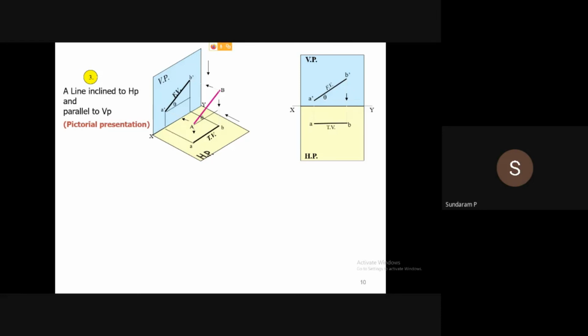This construction line is called a reference line. You need to show the difference between the object line and the reference construction lines, so you need to use a different color or increase the line width. Actually, what we do manually is the conventional method. In drawing on paper, we use different pencils. With an HB pencil, we can make the dark line. With an H pencil or 2H pencil, we can make the thin line. So all the reference lines we make with the H pencil, and the dark lines with the HB pencil.